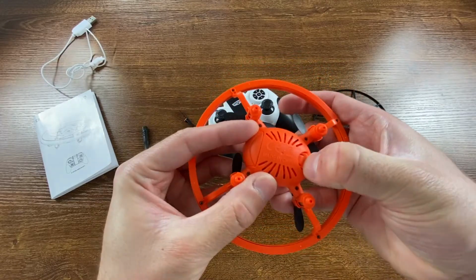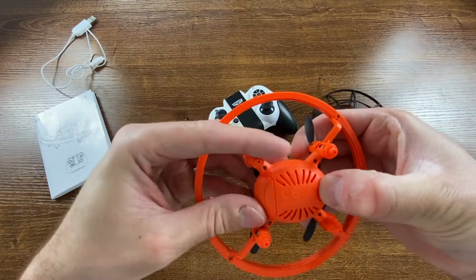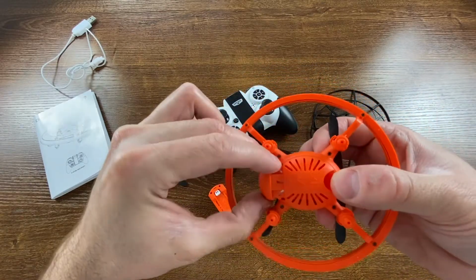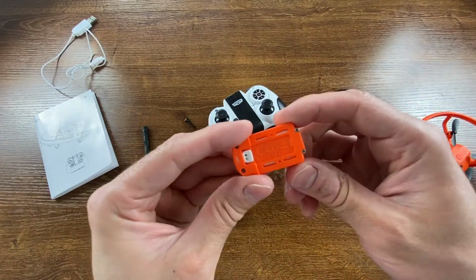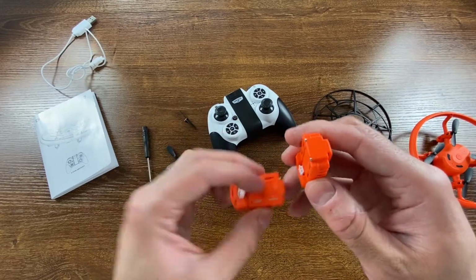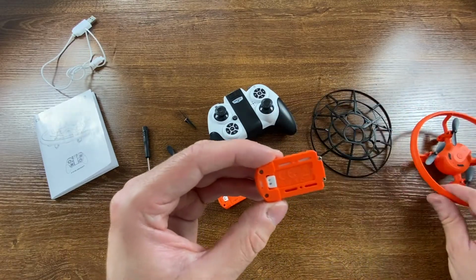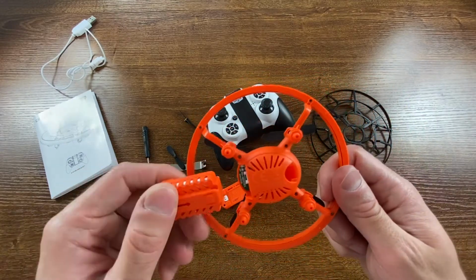And you just push this down and then it slides right out. At least it should. I've done this before, trust me. There we go. It's actually pretty easy to slide it in and out. The batteries look pretty cool. My previous drone was actually not as nice looking as these batteries are. You had to manually connect it with a wire and then slide it in, and it was awkward. This one is a lot better designed. You just slide it right in,